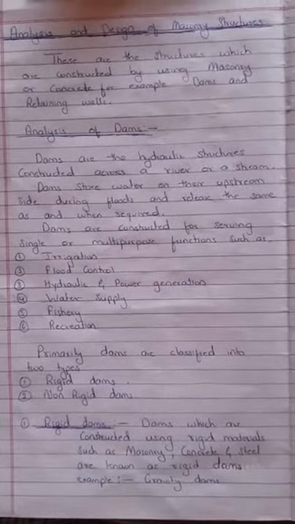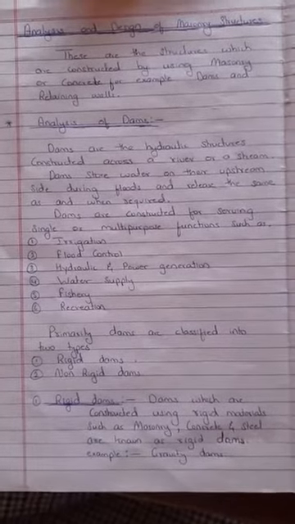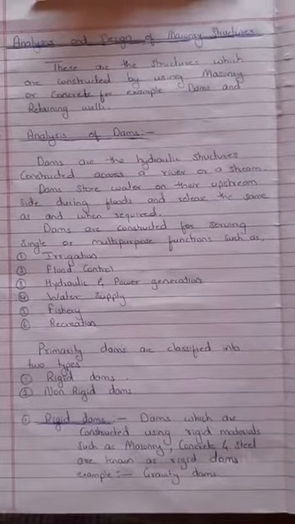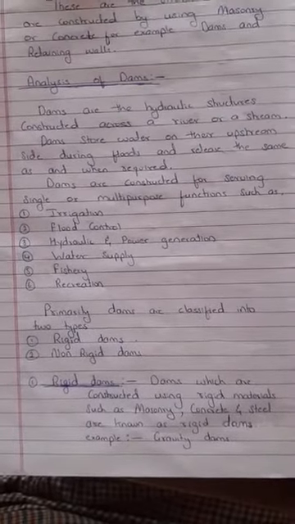Dams are also used for water supply for various cities and townships, and also for industrial purposes. Dams also serve for fishery, so fish cultivation can be done in the dams, and for recreation. Wherever dams are constructed, gardens and parks will be developed. These gardens and parks will be charged, so the amount collected will be extra revenue for the country. After knowing the functions of the dam, we will deal with the classification of the dams.